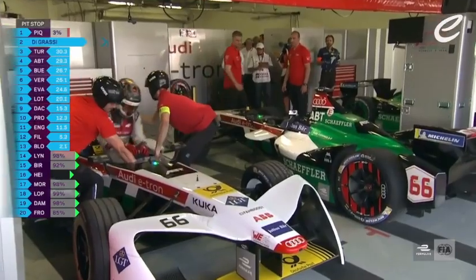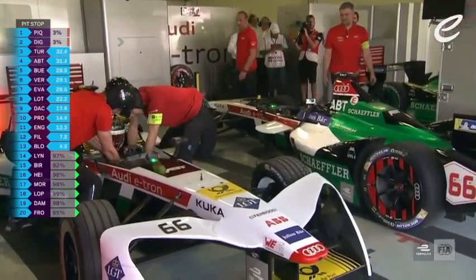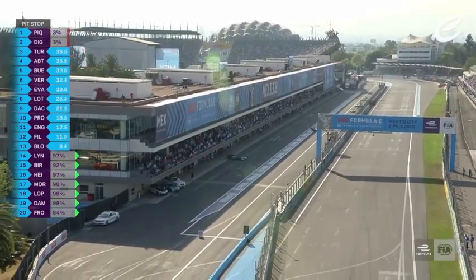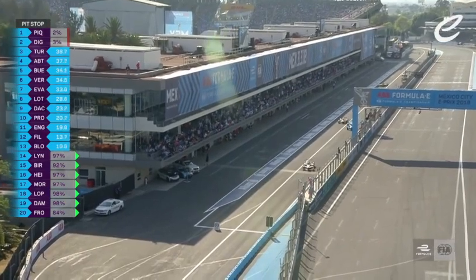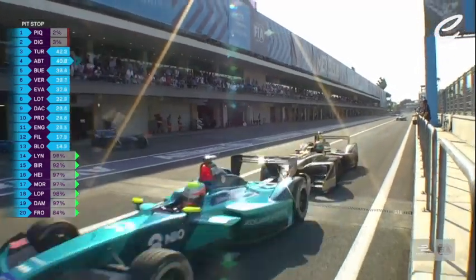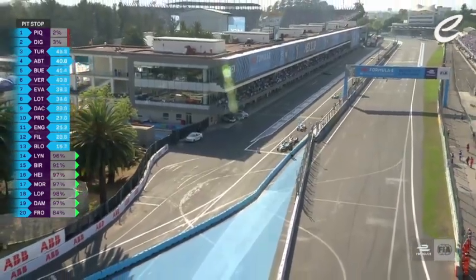I imagine the pit stops will be within the next couple of laps. Now Abt is further down the pit lane than Turvey, so he may well have to wait. There goes Abt, he's done it! Daniel Abt out, and has leapfrogged Oliver Turvey. Turvey has been held up behind Prost. Verne is right behind Turvey, but that gives Daniel Abt